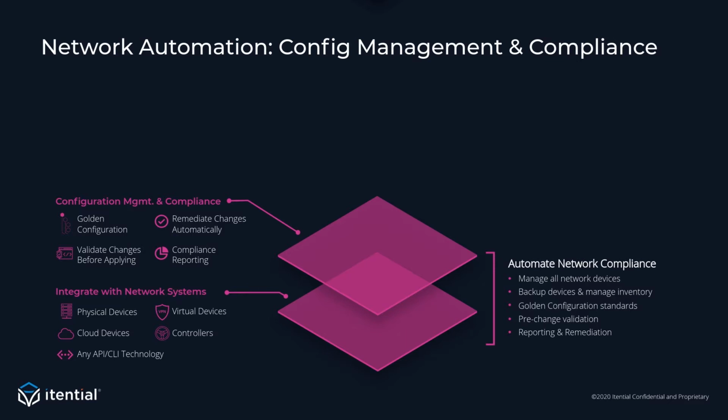So I want to be able to check. So I built a compliance template, a golden configuration template. I want to be able to check this set of devices against this template, because this is the way they ought to be operating. And now those devices ought to be anywhere on the network, right? Anywhere on the network. We're not talking only on-prem. We could be talking about cloud-based services that are managed and configured through APIs, not CLI. And so we want to be able to address these functions very broadly